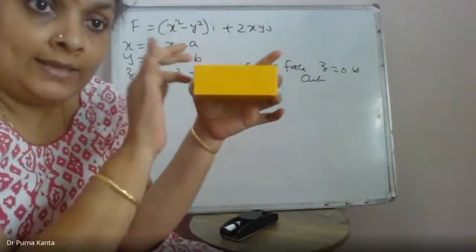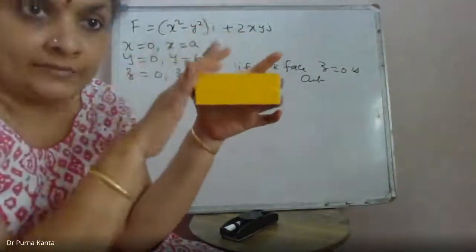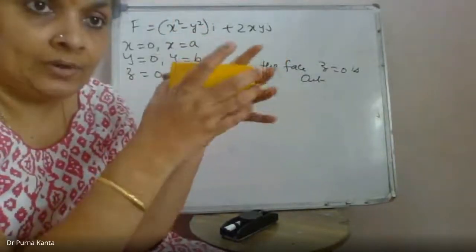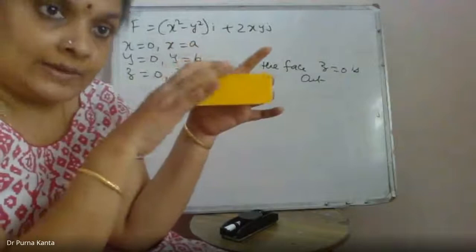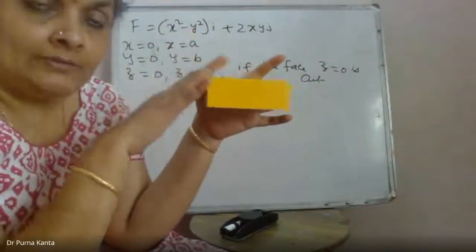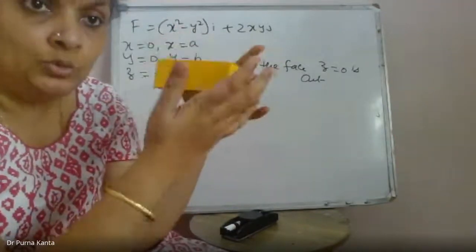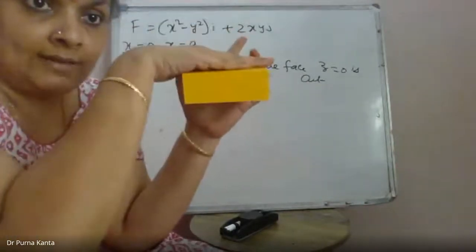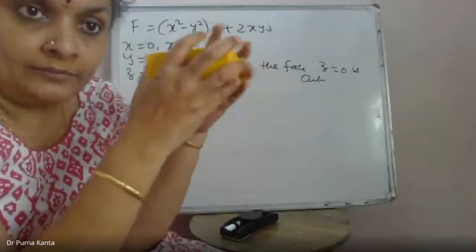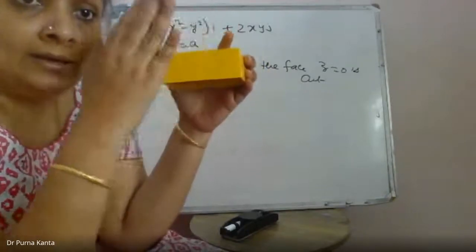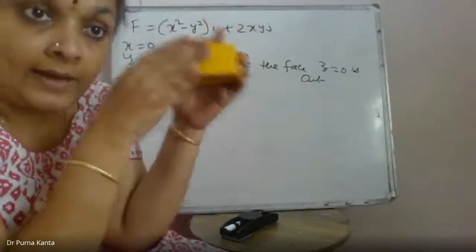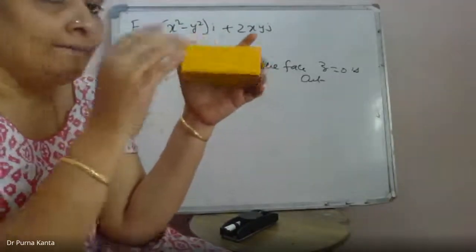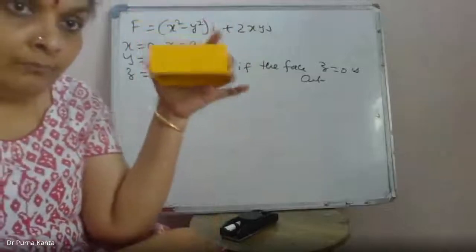So for all these 5 surfaces, you have to calculate the surface integral. That is the first part. First we calculate curl F, then curl F dot n ds for S1, S2, the 2 surfaces on x-axis, 2 surfaces on y-axis, and 1 surface on z. So altogether for 5 surfaces, we calculate curl F dot n ds. That is the RHS function.